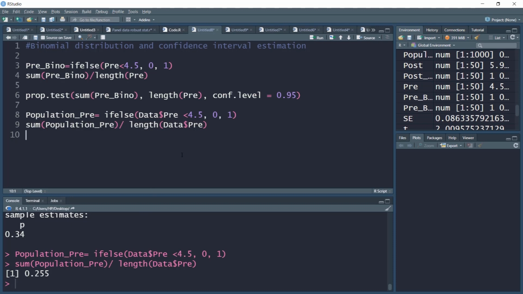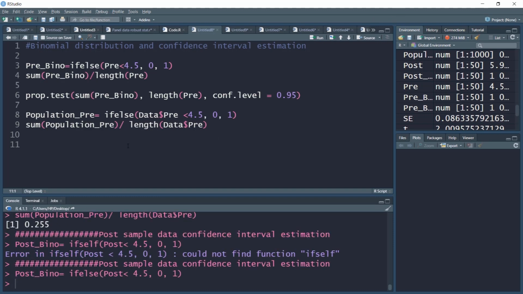Now with this, in the next video, we'll talk about the post sample, its properties, and whether it is able to provide that confidence interval for population estimate, and we'll also compare the impact of training and development on pre and post samples. Now we'll examine our post sample data with the help of binomial distribution and confidence intervals. So first, as we did earlier, we'll generate this post bino data,